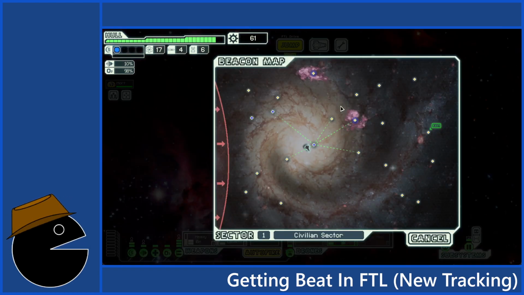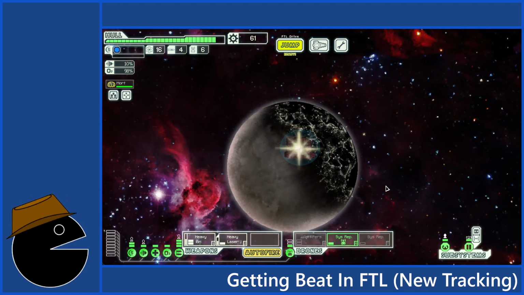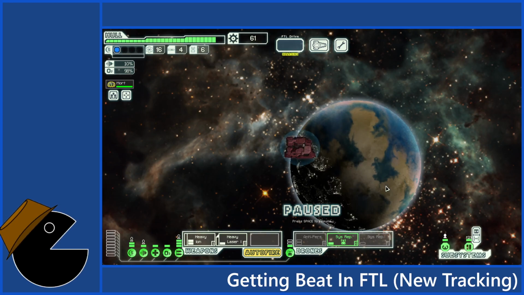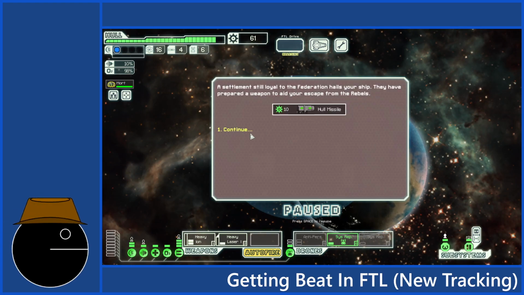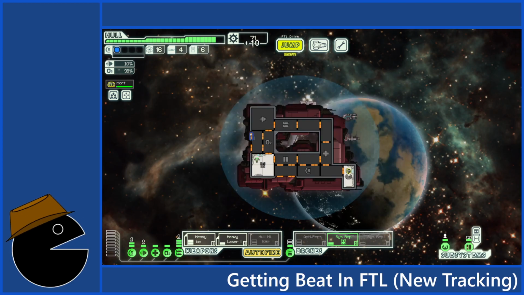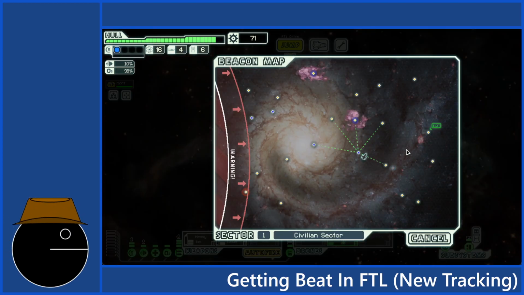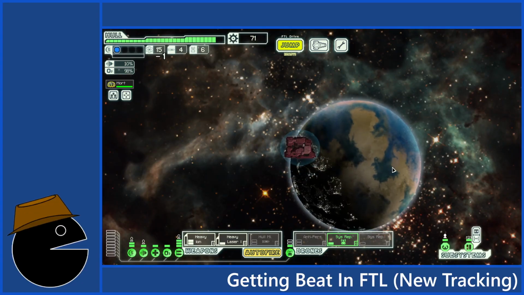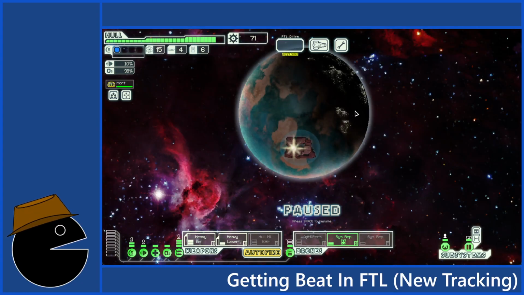Alright, got some stuff which will be needed to repair the ship. Gonna avoid that nebula. Settlement still loyal to the Federation hails your ship, and they give me some stuff. Pretty cool.